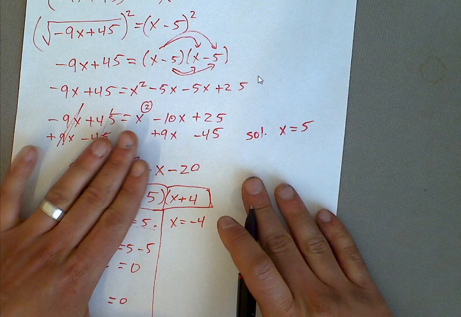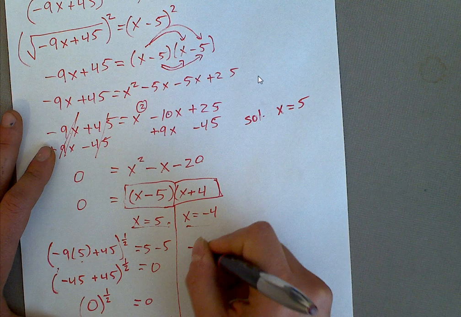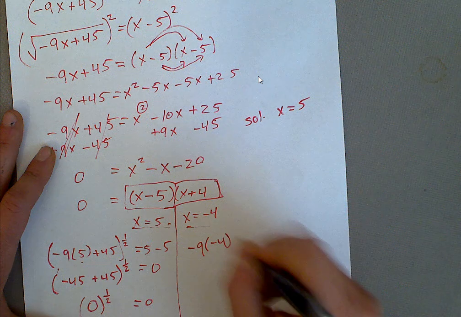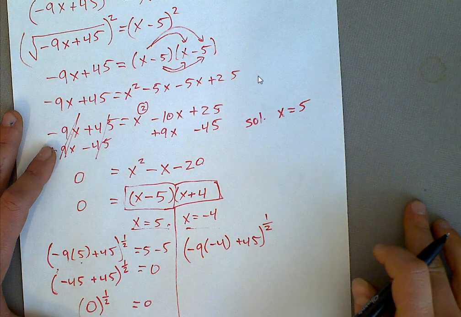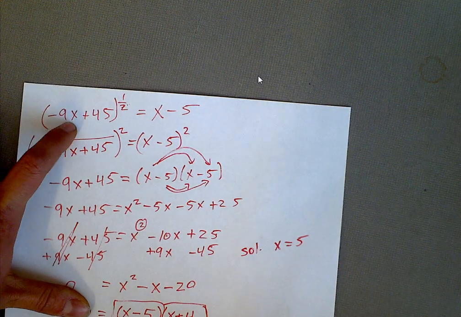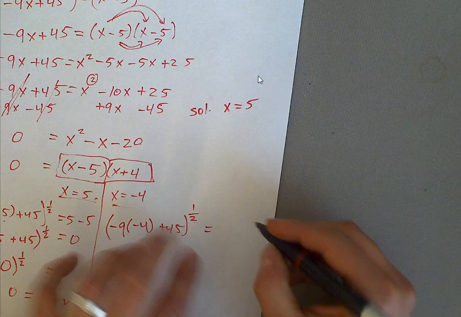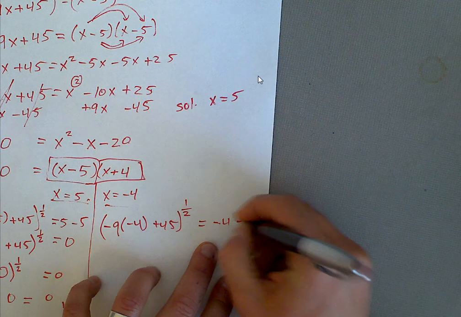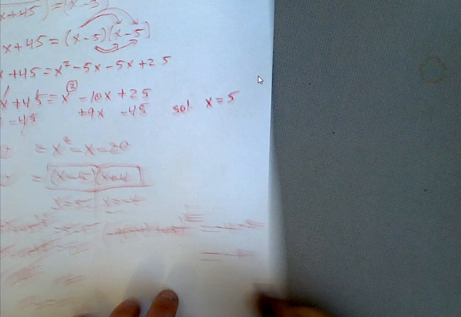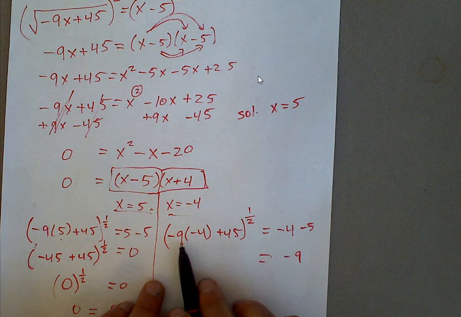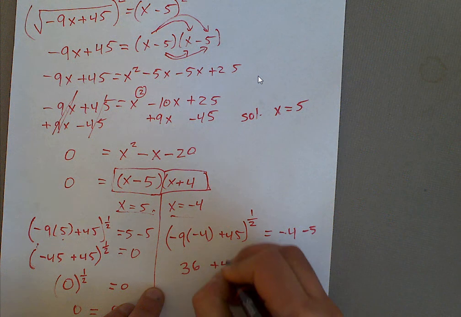Let's check if negative 4 is a solution the same way. We'll take negative 9 times negative 4 plus 45 to the 1/2. Again, I'm just putting the value of x into the original equation. And then x minus 5: we put in negative 4 minus 5, which is negative 9. Simplifying the left side, negative 9 times negative 4 is positive 36 plus 45